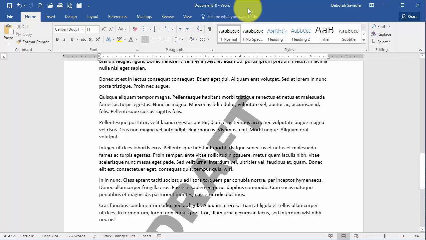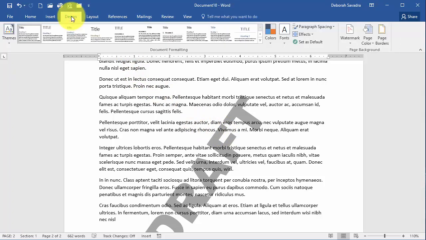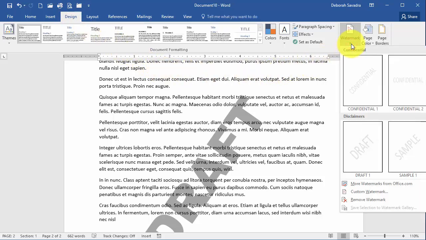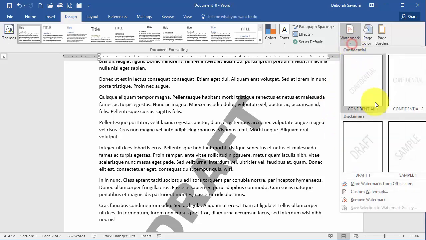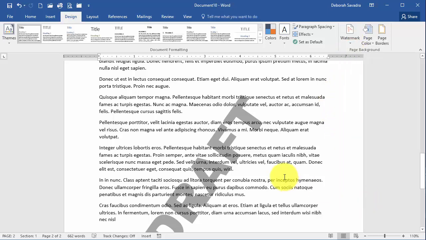If you've ever opened a document to edit and decided you didn't need that watermark anymore, you probably did a pretty logical thing. You went over to the Design tab in Word 2016, or the Page Layout tab in earlier versions, clicked on the Watermark button, and chose Remove Watermark. Except nothing happened. So you did it again, and again, and then you started saying very bad words to the